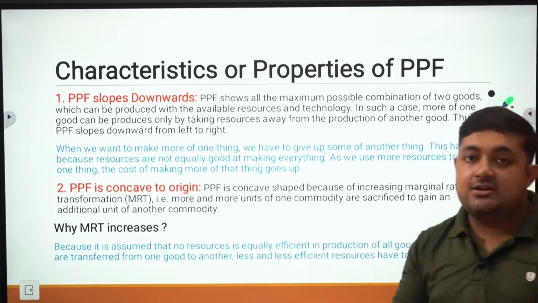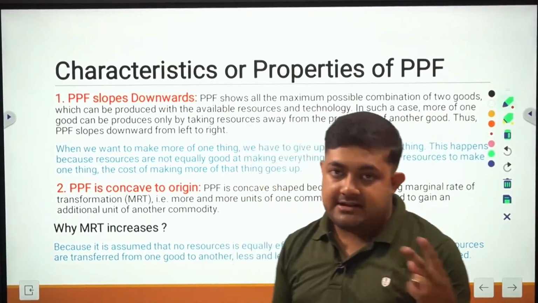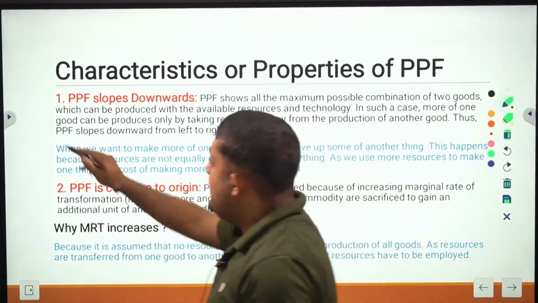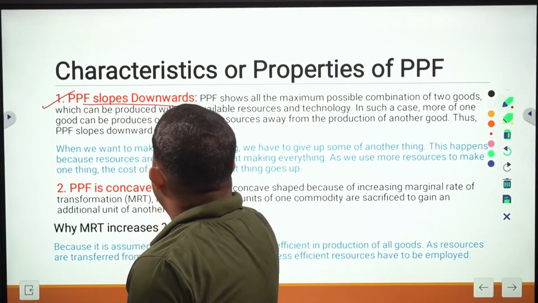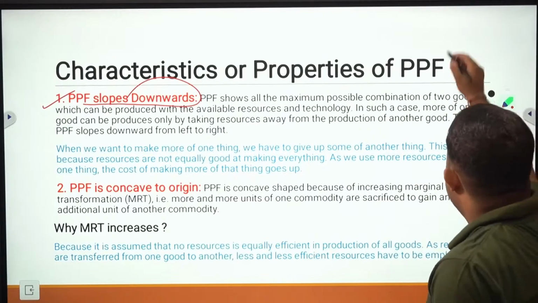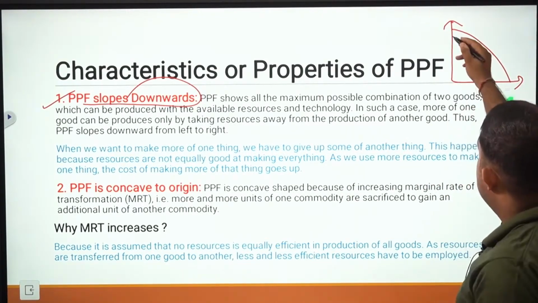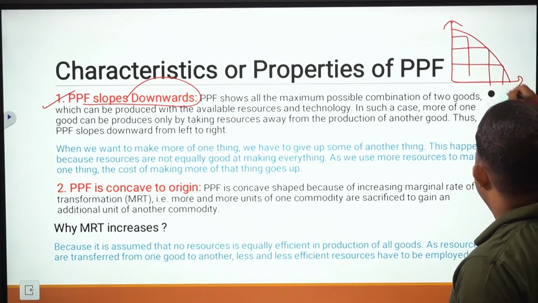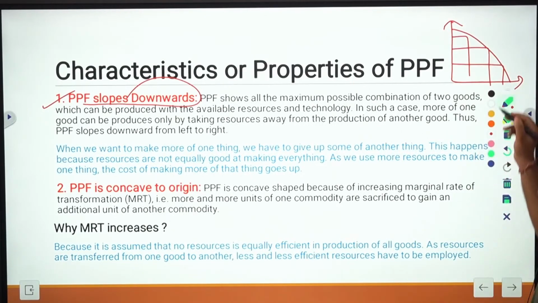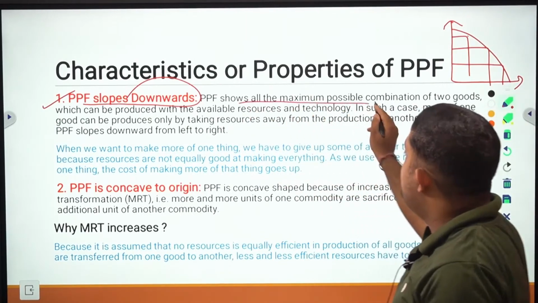Characteristics or properties of the production possibility frontier. So we basically have two main characteristics of the PPF. One is the PPF slopes downwards. Okay, in our earlier diagram, you saw how the PPF curve is. It is like this, right? So PPF slopes downward. PPF shows all the maximum possible combinations